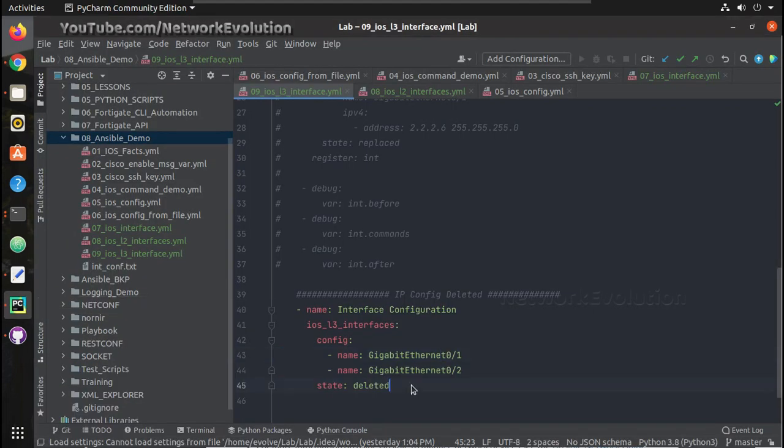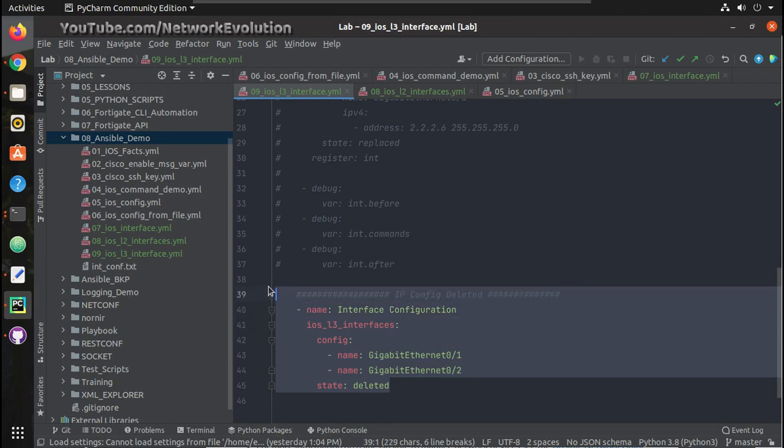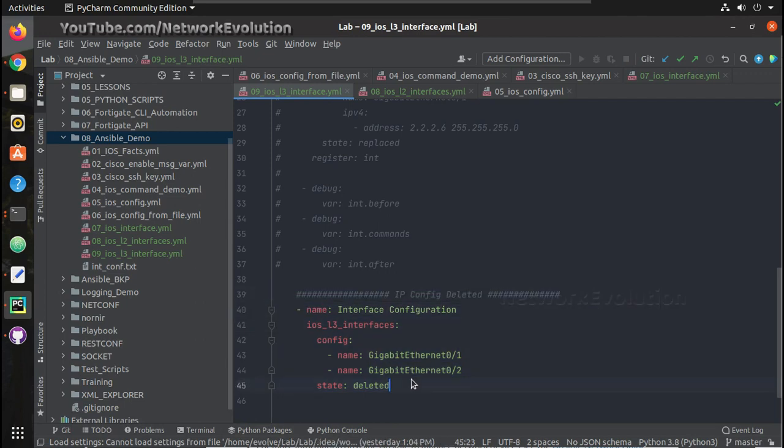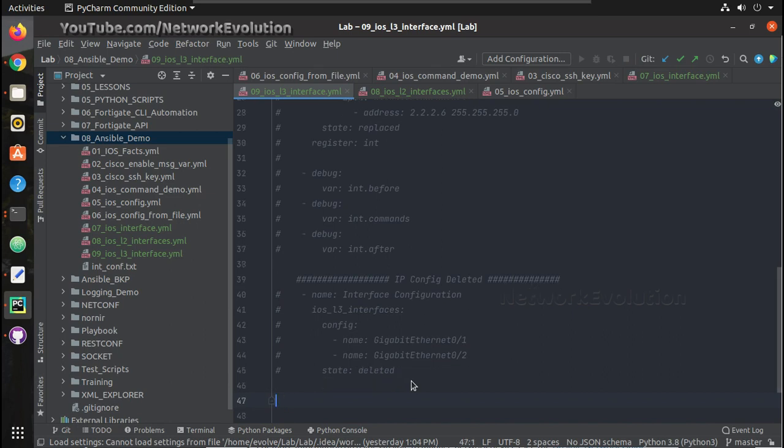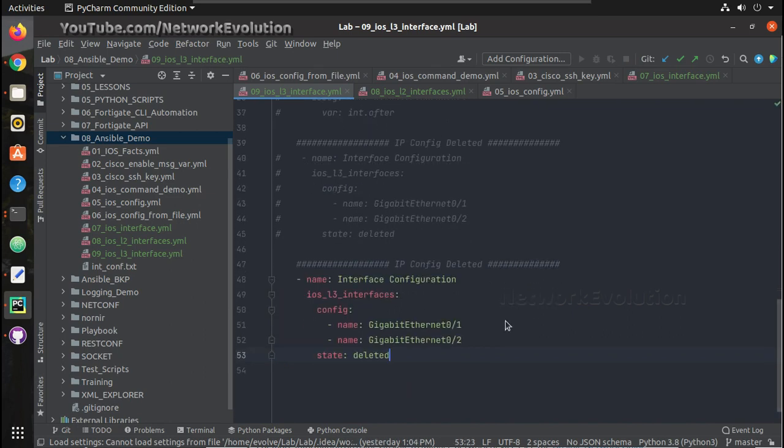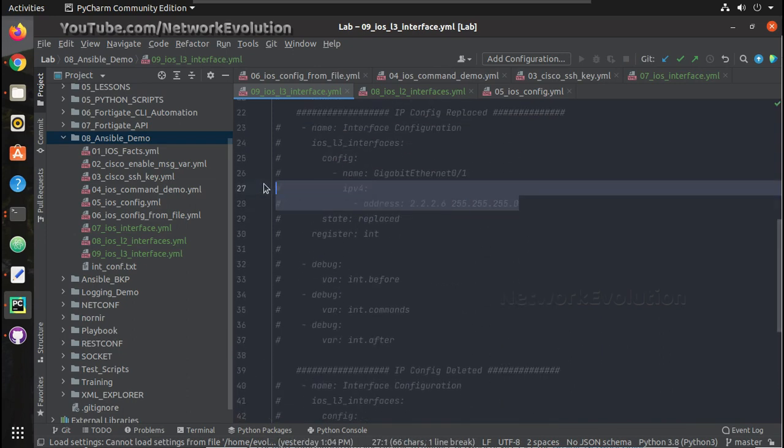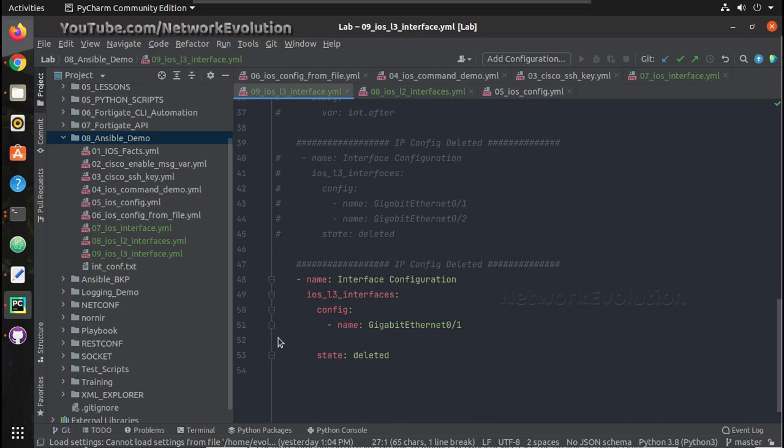And similar to that, we'll see the overridden option. For GigabitEthernet 0/1, I will put this configuration and I'll change the state to overridden.